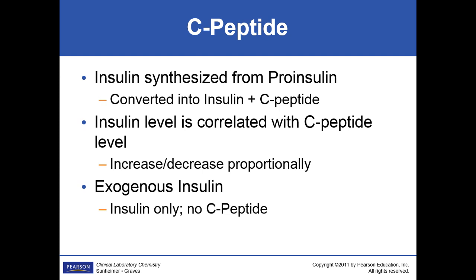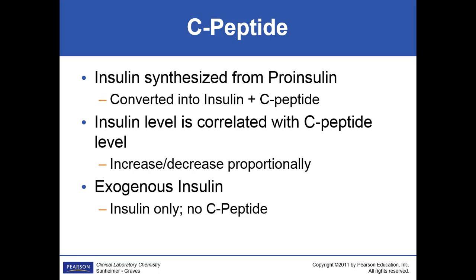C-peptide. Your insulin comes from a molecule called proinsulin, which makes sense. It's before insulin. And it's composed of two parts, the insulin and this peptide. And when it separates into the components, it's equal separation. You get one insulin for one component of the peptide. It's a cleaved peptide, so we call it C-peptide. So if we could measure C-peptide, it's just as good or as equivalent to measuring an insulin. We measure C-peptide, but you know, if we can measure insulin, I really cannot tell you why.